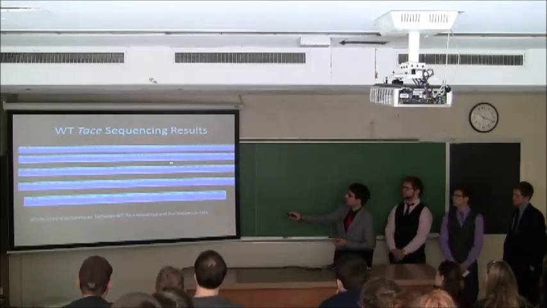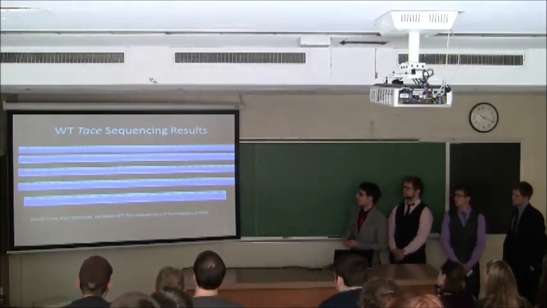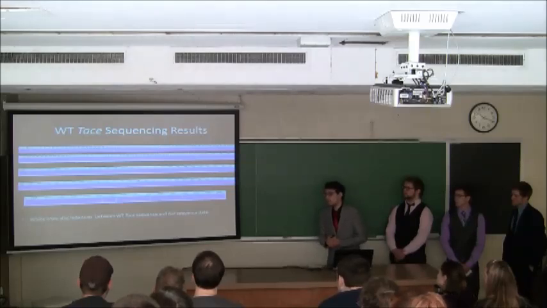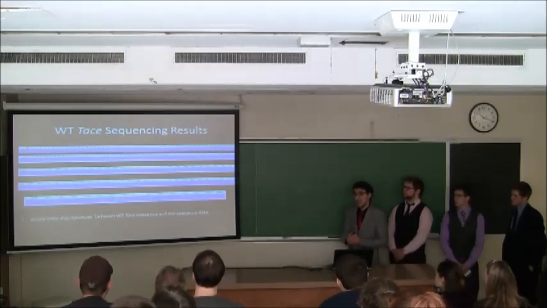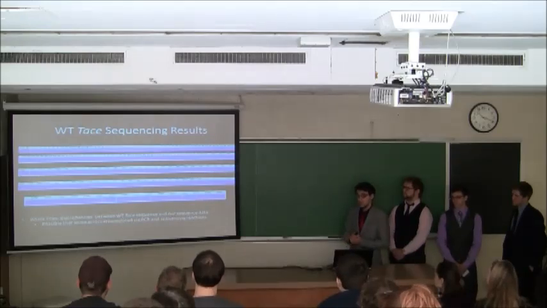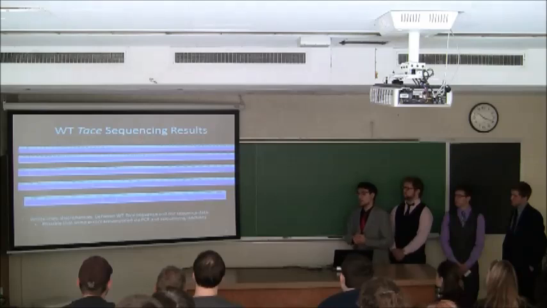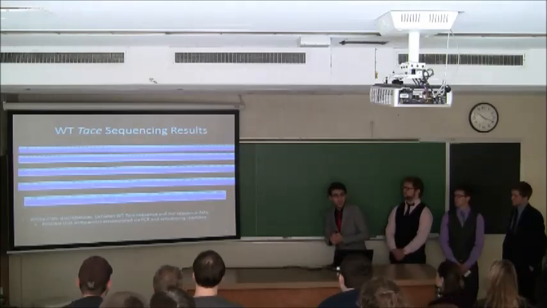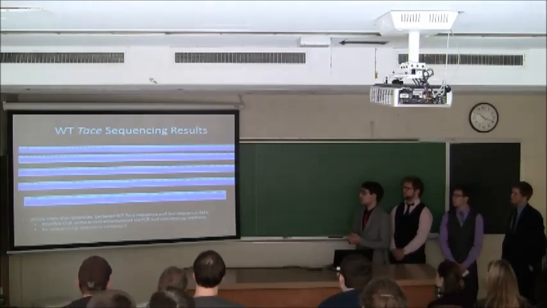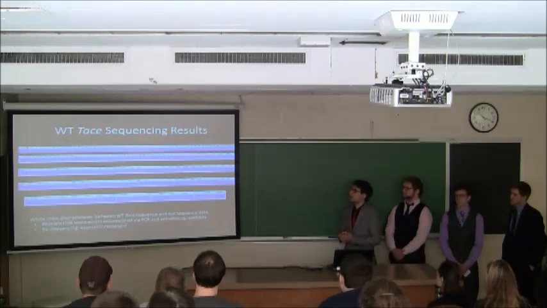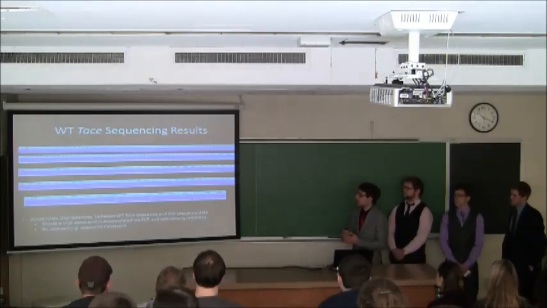We see that there are some white lines interspersed, and these represent discrepancies between the wild type TACE sequence and the sequencing data that we got back from the Milwaukee Health Department. It's quite possible that some errors accumulated via the polymerase chain reaction and the sequencing reaction that we performed. However, to resequence the wild type TACE DNA would have been economically constraining for us, and therefore the team chose